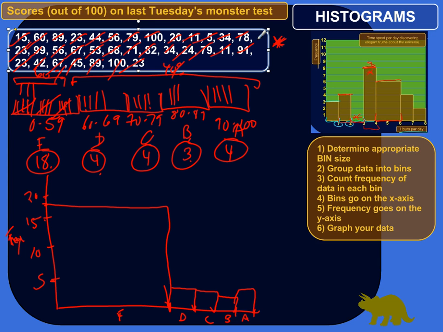So that's my histogram, and I can look at this and say, gosh, a bunch of people got F's. That's not good. That's probably not the student's fault. It's probably not an issue of comprehension of the material per se. I would maybe look at how the material was presented. Probably it was presented in a way that didn't really make sense to most people, or a lot of people in any case. Or maybe the test was very confusingly written, something like that. Or maybe the students slacked off and didn't study at all. Maybe it could be that, but probably not. Probably I would say there's something wrong with the test, or maybe the material needs to be presented in